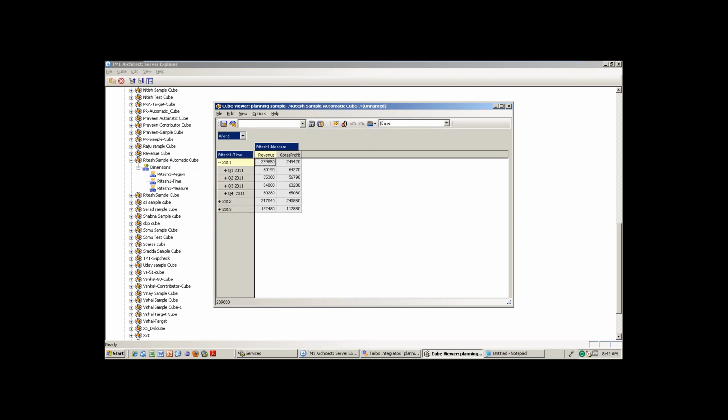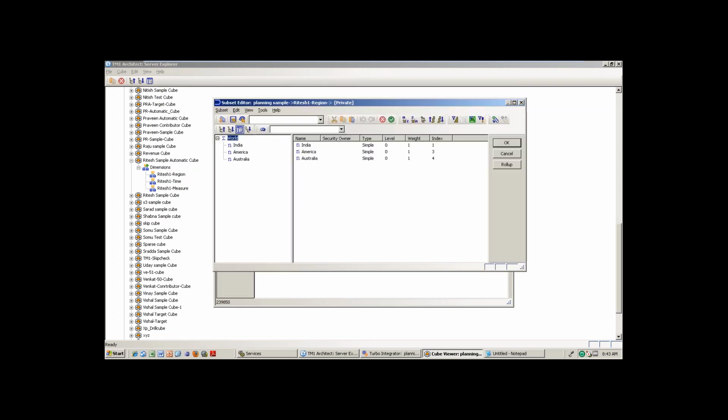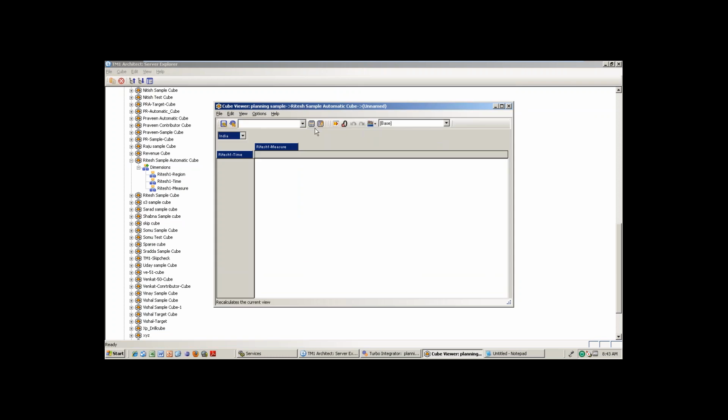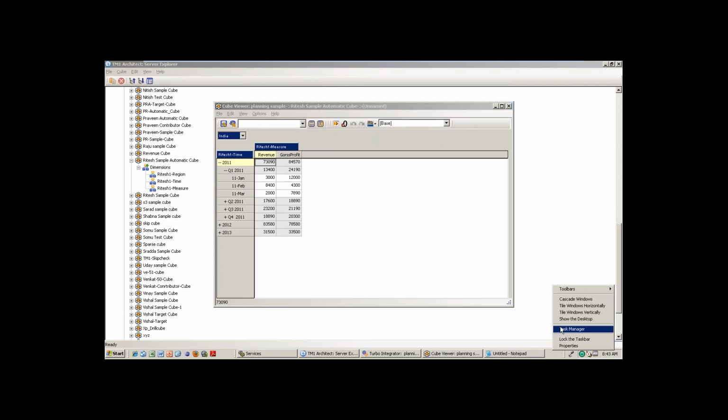See, old is this one. For example, India data. See, so 11th January, 11th February. We will see whether it is correctly formatted or not. So revenue sheet 1.